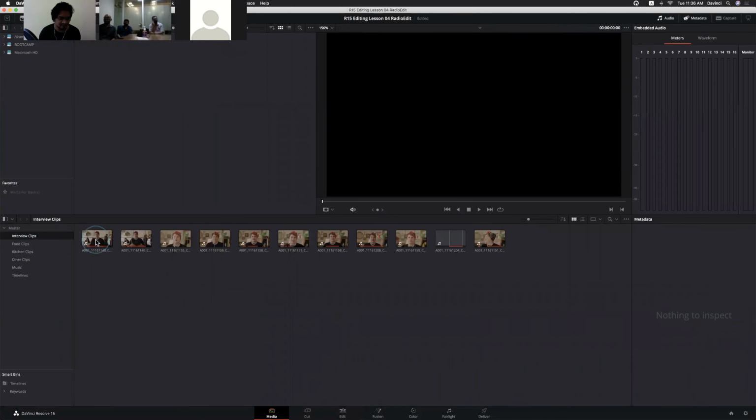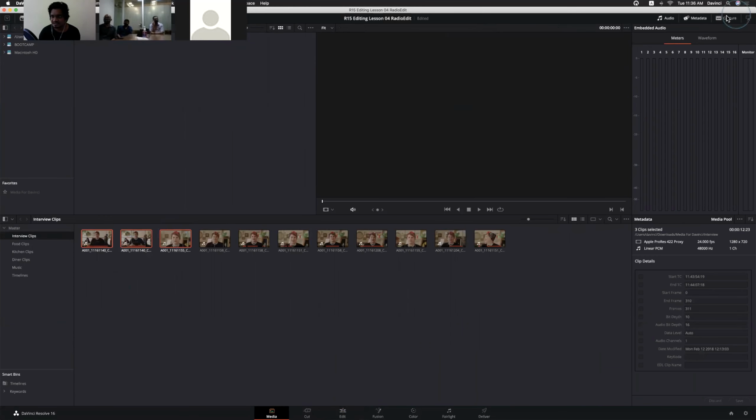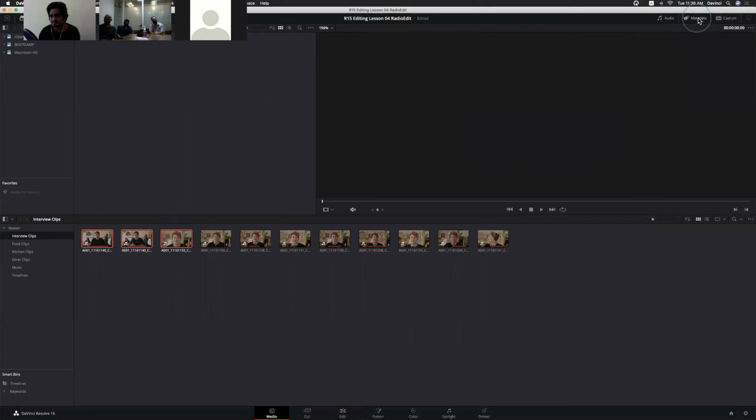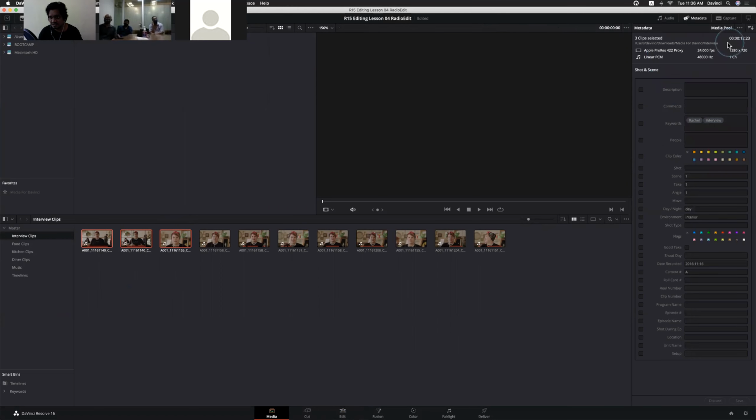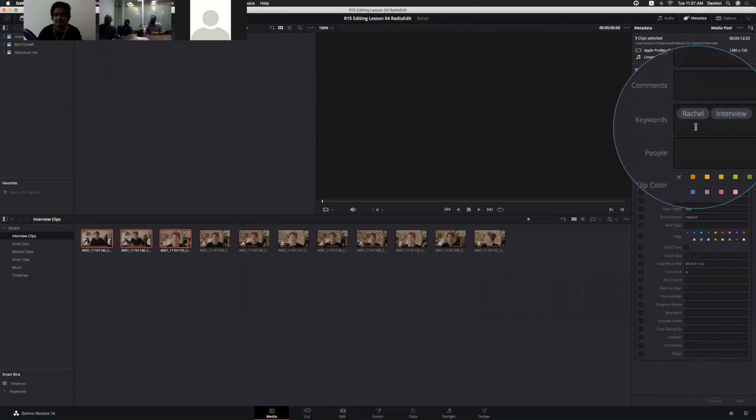Here, for these clips, we have changed the metadata, right? Here, go to shot and scene. It's a kind of logging thing. We see these things in even FCP also. We can modify the metadata and everything. Here, I have added one more keyword also.